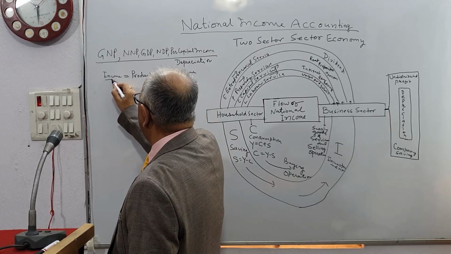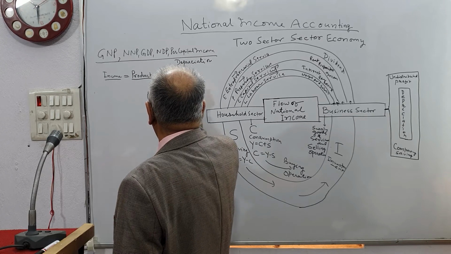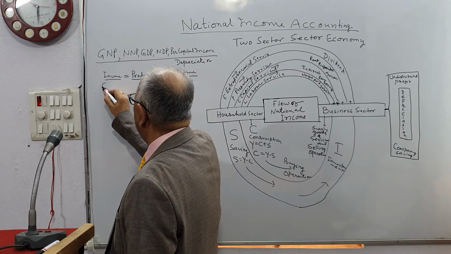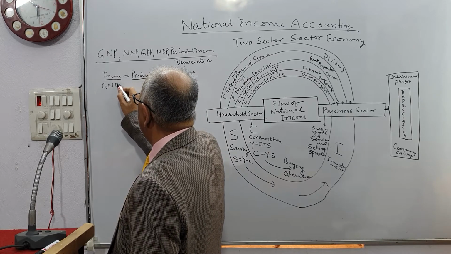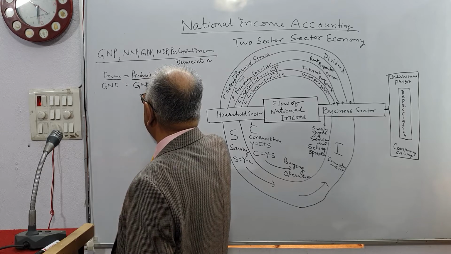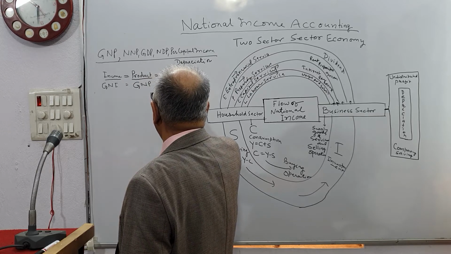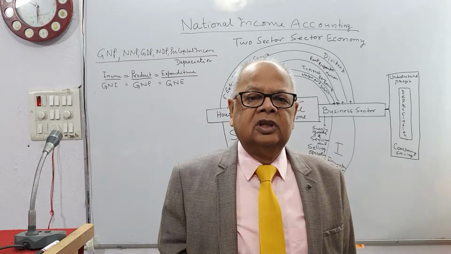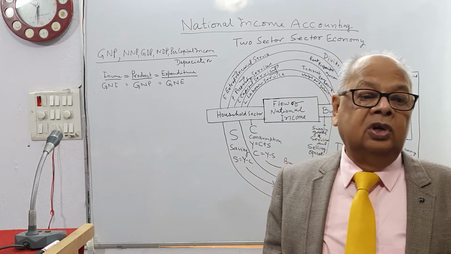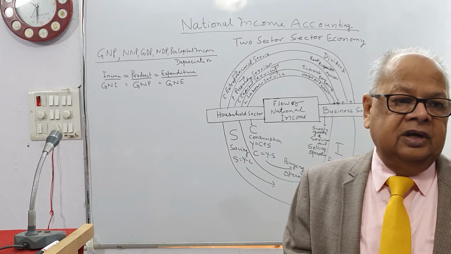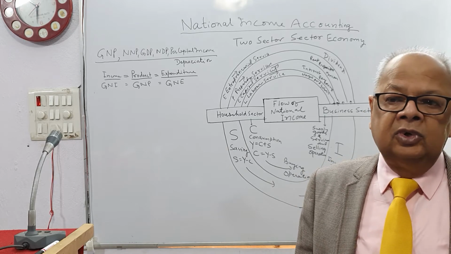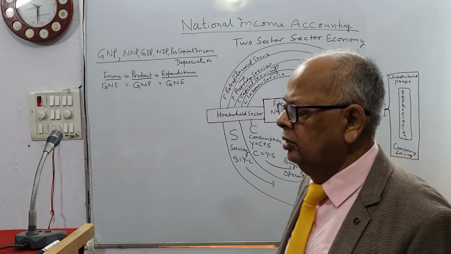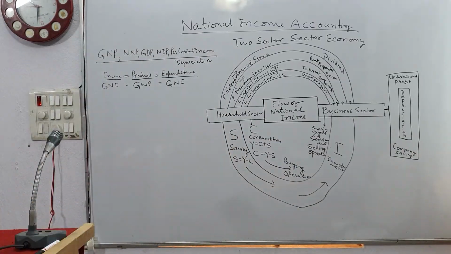So income is equal to product is equal to expenditure. Therefore, gross national income is gross national product, is gross national expenditure. One man's income is another man's expenditure. So in the whole economy, if expenditure is added, it will be equal to the income. And therefore, what we find out that in the economy,